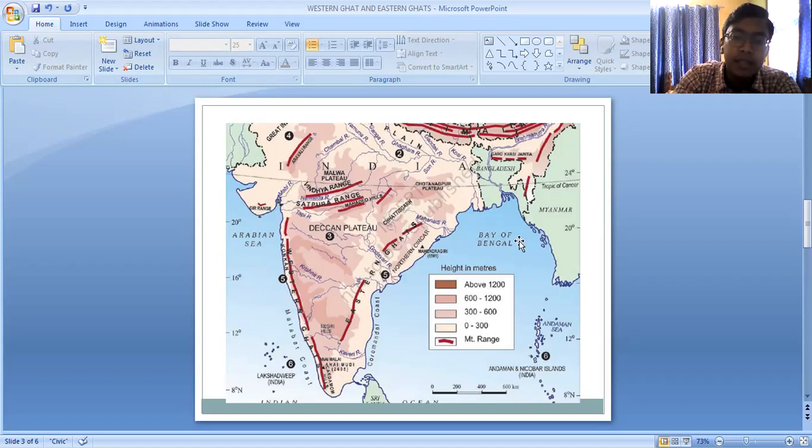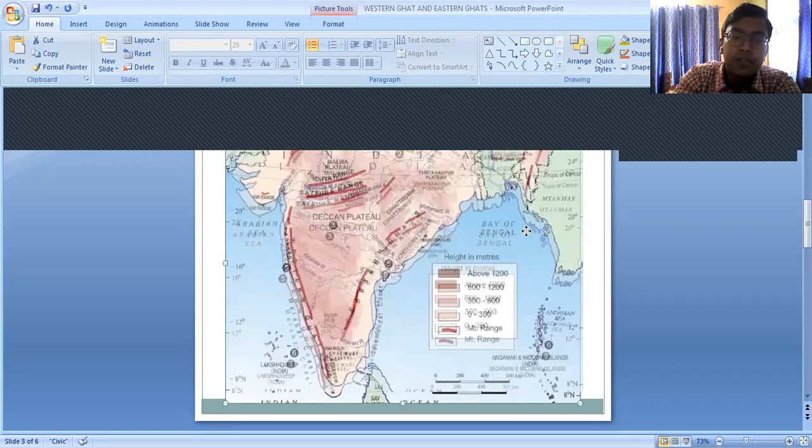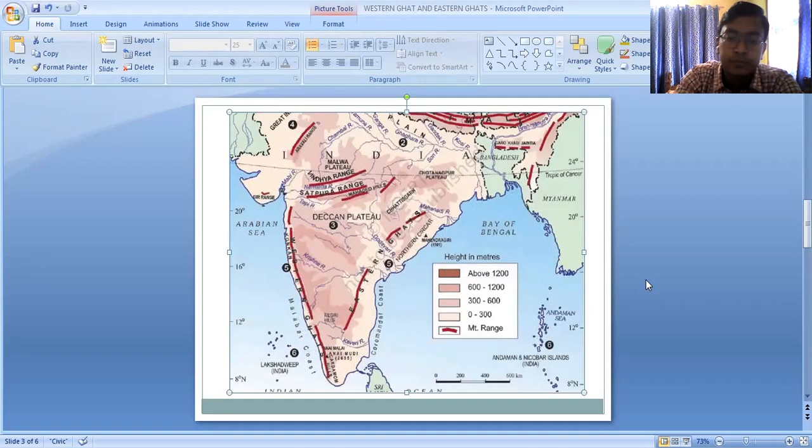See, basically in our country, we receive the rainfall from the monsoon wind. The monsoon wind enters India from the Bay of Bengal from this side and from the Arabian Sea from this side. When the monsoon wind enters India from the Bay of Bengal, it passes this way to the northeastern part of our country, or the Himalayan part.